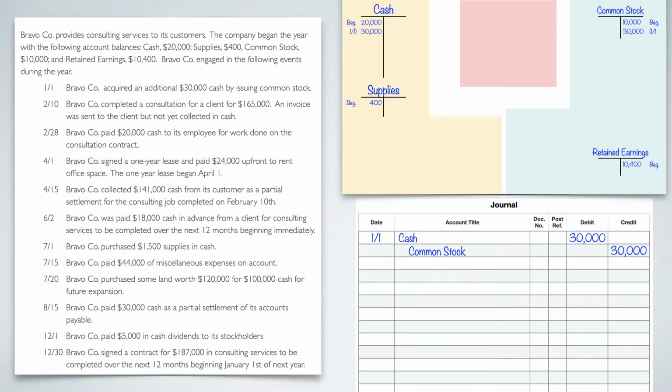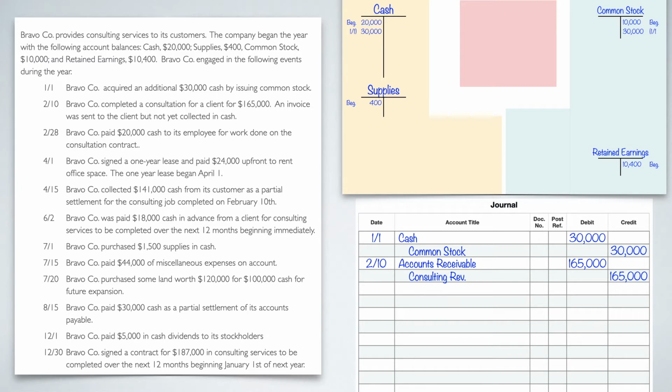So then we ask ourselves the question, what are we expected to do with that cash at a later date? Well, that cash we're expected to receive at a later date. So this makes it accounts receivable. We will go 2/10 as the date, and accounts receivable is an asset. So we're going to start with the debit of accounts receivable because we're making our asset go up, for 165,000. And then what is the other side? What is the credit? Well, we've done the work. We've earned this value. So because we've earned it, we're going to put it into a revenue account, and we're going to call that just consulting revenue of 165,000 as a credit.